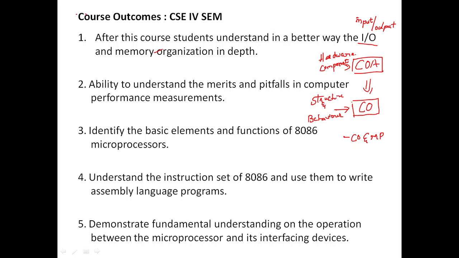And the next one is the ability to understand the merits and demerits in computer performance measurements. So what are the advantages and what are the drawbacks in computer performance measurements, you will also come to know. When it comes to the third unit, you will switch to 8086